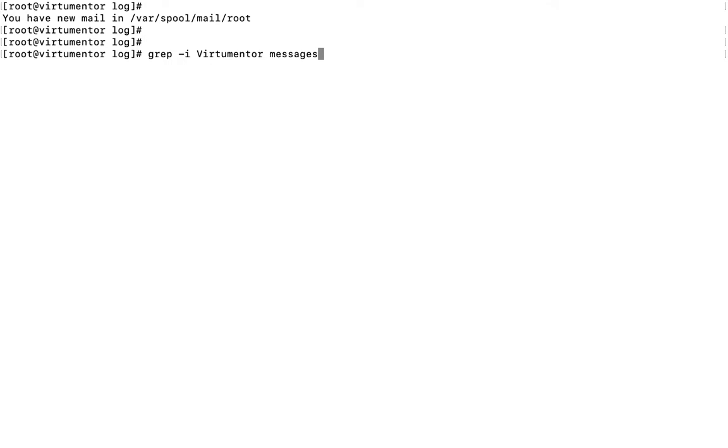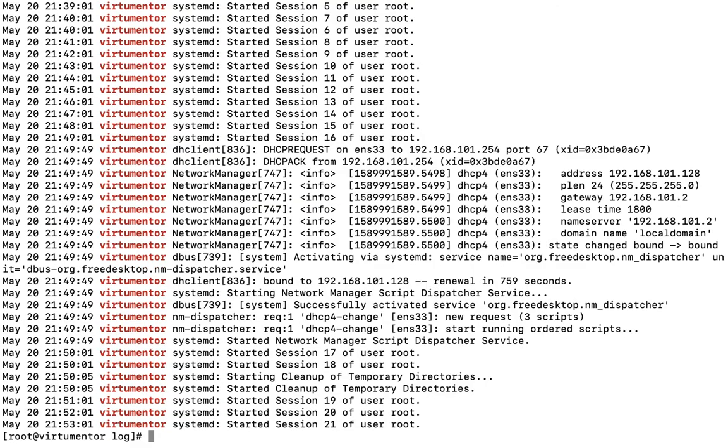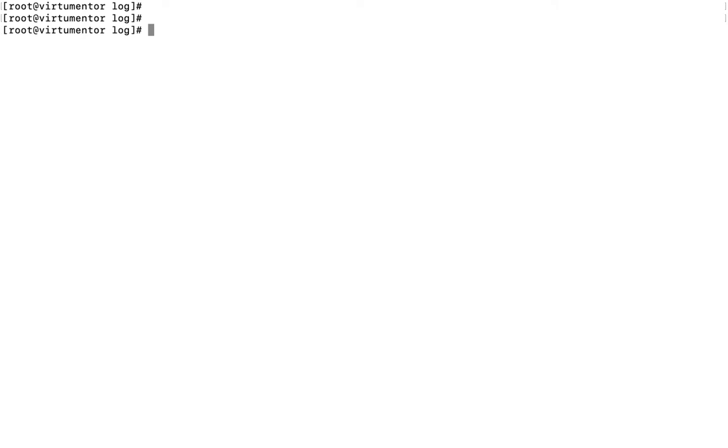In this case the pattern with capital V is not present, but I have given hyphen i. Because of that, it reduced the case sensitivity of the pattern, and it searches for the small v as well. It means that it will search the pattern with both capital V as well as small v.